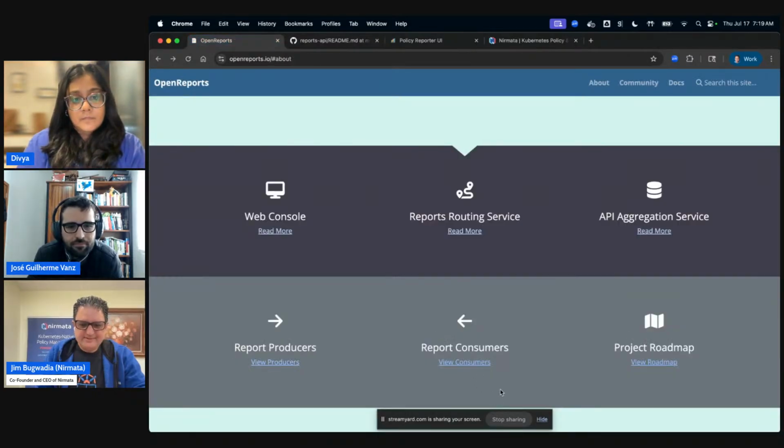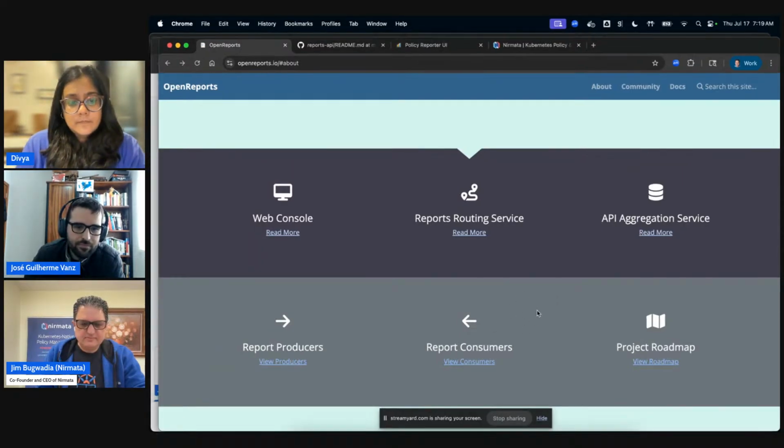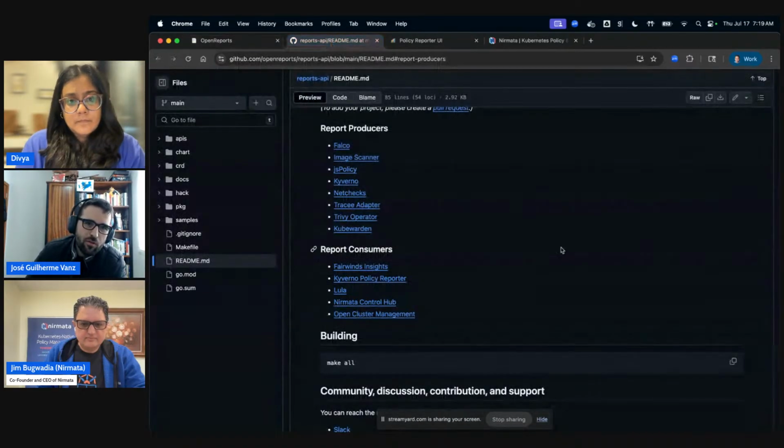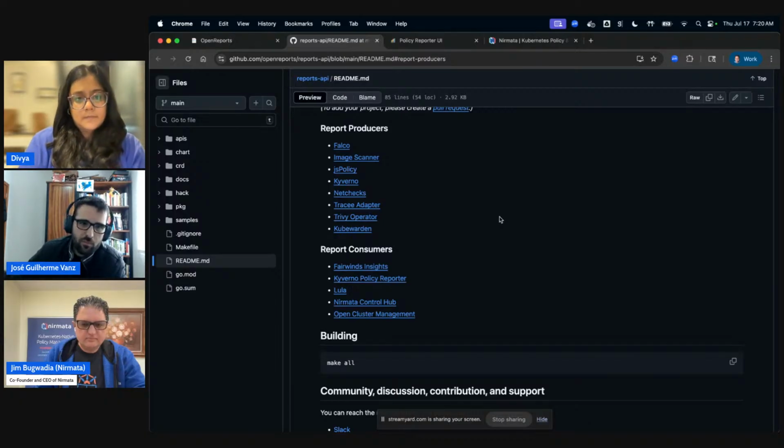Let me pause there and see if there's anything else Jose wants to add, and his experience also in integrating this. Yeah, I would just say that producing a report for consumers is an example of the power of standardizing. As the Kubernetes project, we adopted it, and now we can use it for any of the report consumers. It's pretty simple, easy, and it's great. I think, as OpenTelemetry is great for users, it reduces the learning curve to adopt something that they need to use. So that's great.